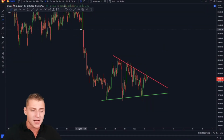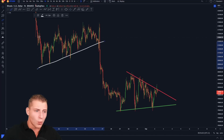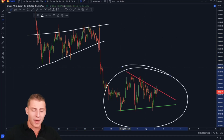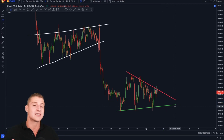Let me start off with discussing the 1 hour time frame on Bitcoin, because when looking at the 1 hour time frame on Bitcoin, we can see we were consolidating, forming somewhat of a rising wedge on the price chart. Then we broke down out of the rising wedge, and currently we're starting to form a new pattern here on the Bitcoin market, because the price action is once again getting squeezed in towards an apex. So hopefully we can start to see a breakout of this symmetrical triangle anytime soon,